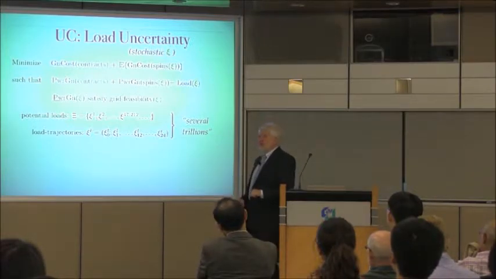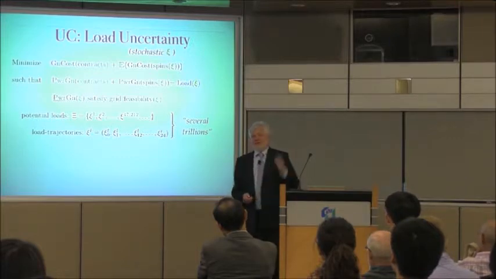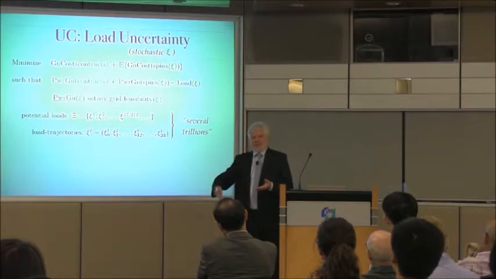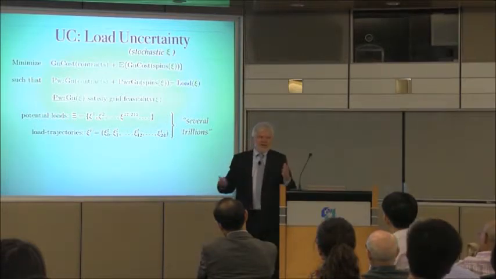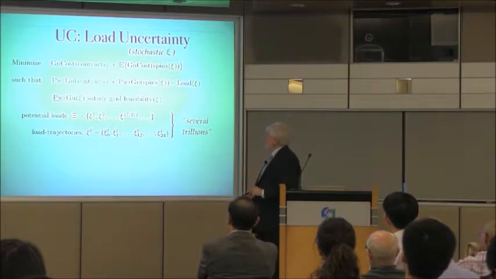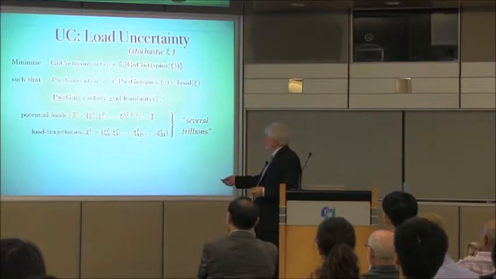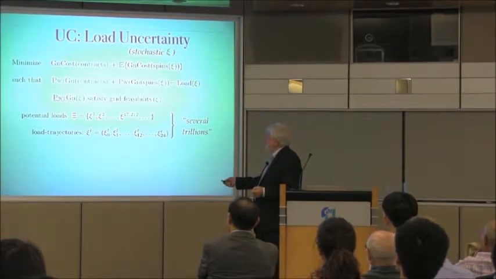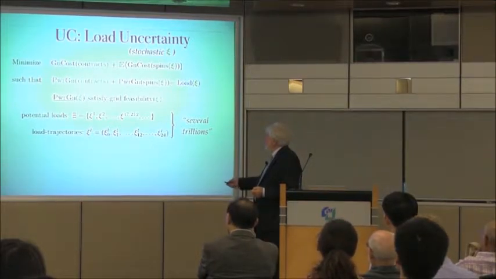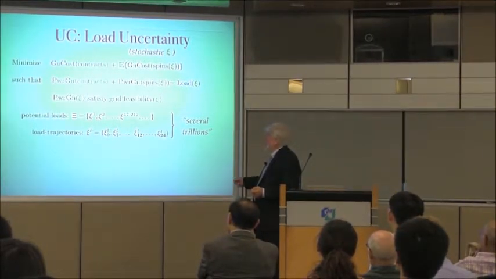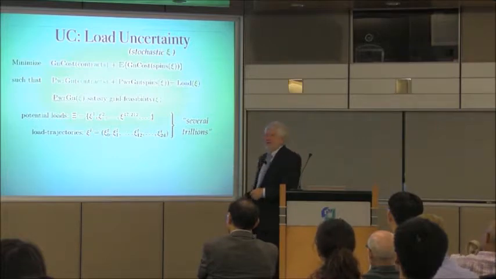And what are the potential loads? Well, it's everything. You're going to be either anything at any time of the day above or below, not quite totally every possibility, but the number of possibilities that one can have, or precisely the load trajectory, which says how much load will be needed at a particular node up to a particular time up to 24 hours. So that is a description of the load trajectory for one day. How many of them are there? There are trillions